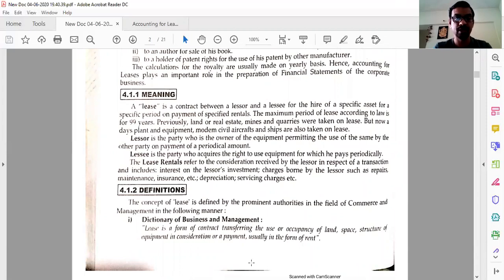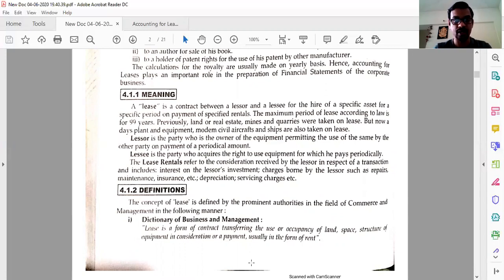Now, a specific meaning of the lease. A lease is a contract between a lessor and a lessee for the hire of a specific asset for a specific period on payment of specific rentals. The maximum period of lease according to law is 99 years. But today, plant and equipment, modern civil aircraft, and ships are also taken on lease. Earlier, land or real estate, mines and quarries were taken on lease, but nowadays these new things are also included